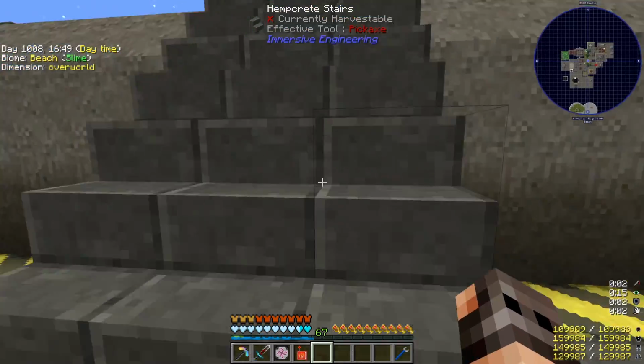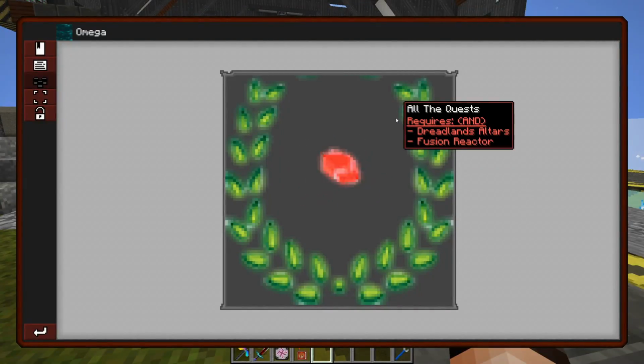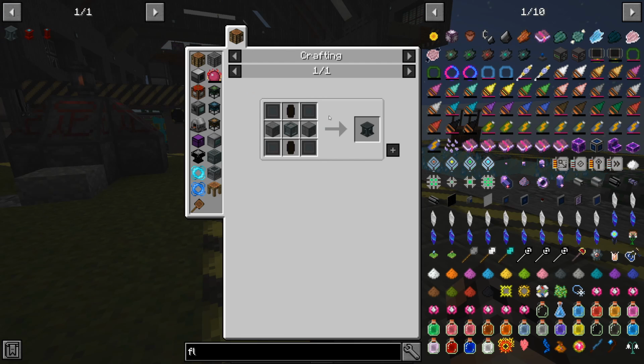How's life? If you guys remember from the previous episode, our main project for today is to try and unlock Omega. But for that we're actually going to need to craft 3 different items. Dreadland Energy Pedestal, Dreadland Sacrificial Altar, and Diffusion Core. Which last episode I said it's going to be extremely complicated because we're going to require the crystal binder, which